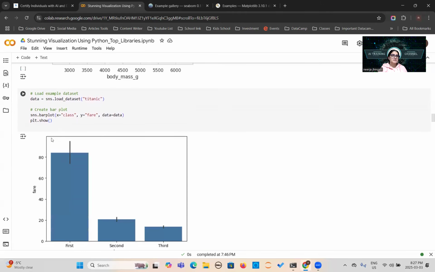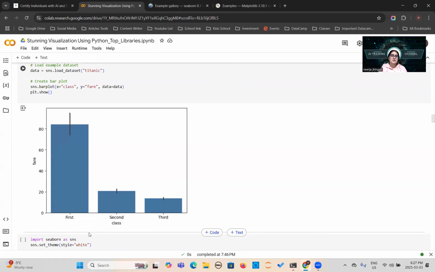Okay, and then this is another graph, the bar plot. This is also a very popular graph. Here it is showing the mean value as well. You can use this if you want to show the frequency of each category. There are 3 different categories of ticket class, first class, second class, third class in the Titanic, and it is showing the fare. So it's very easy for the stakeholder to understand if they want to see how many people bought the first class ticket, then they can easily see, right? First class tickets are sold more than second and third,